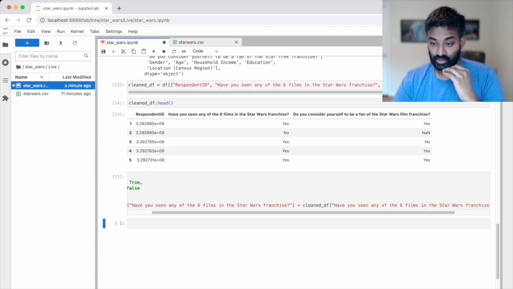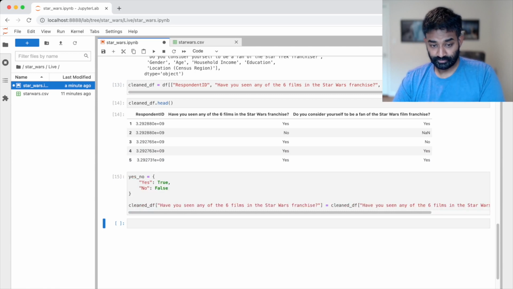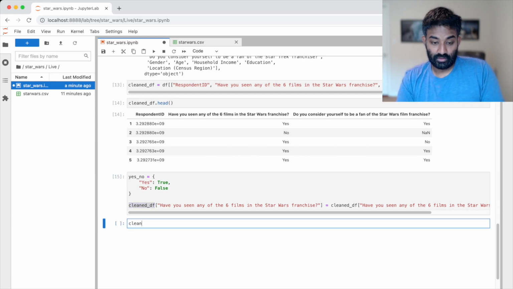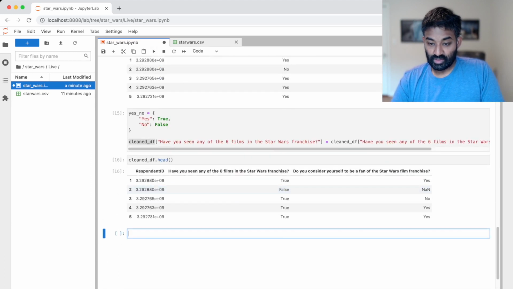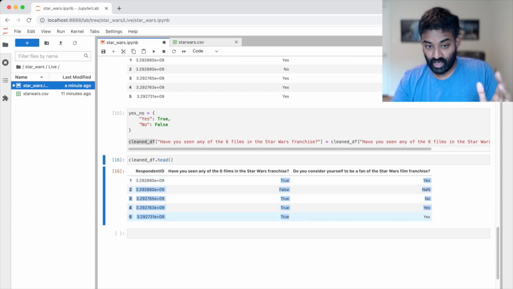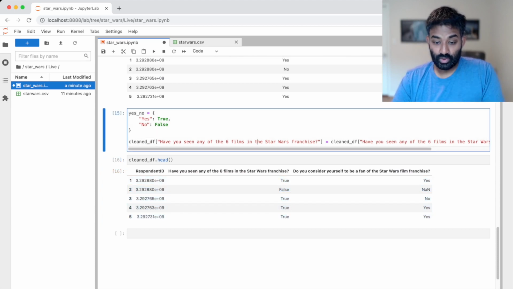You see our error is gone because now clean DF is a copy of the original data instead of just a reference to the original data. All right, so let's take a look at this and see what we get. You can see this column is now true false instead of yes no, which is exactly what we want. So we can go ahead and do that with the other column too,